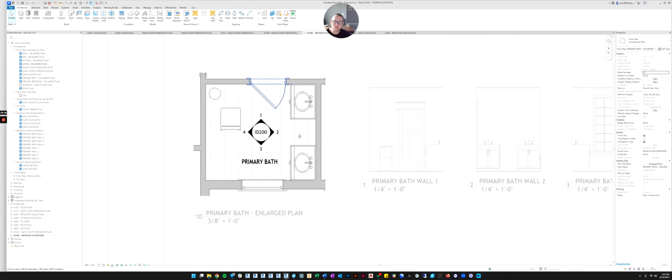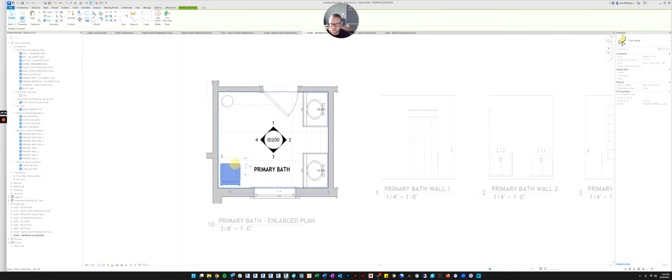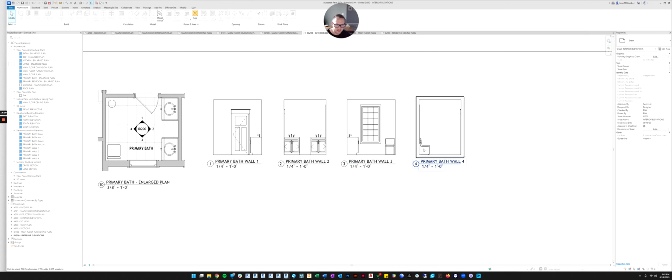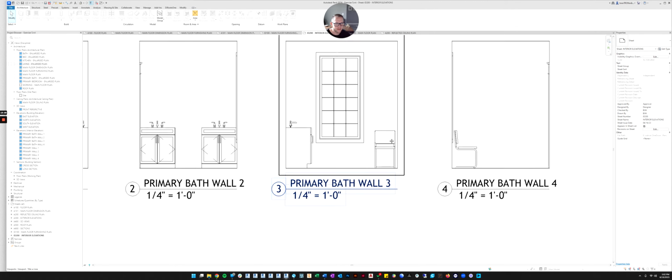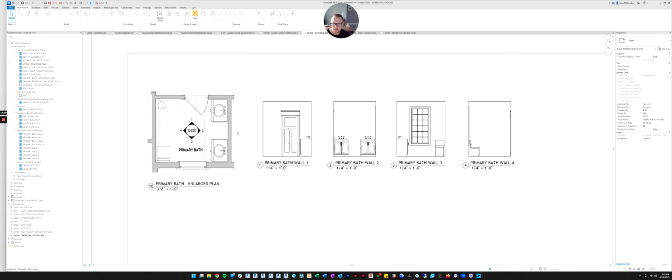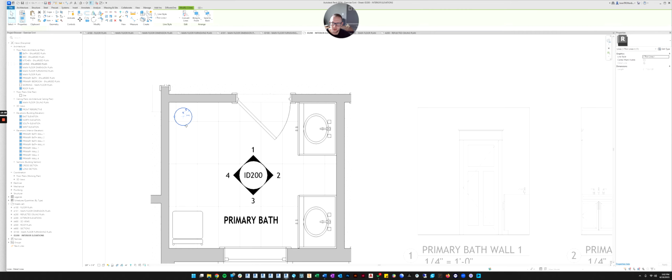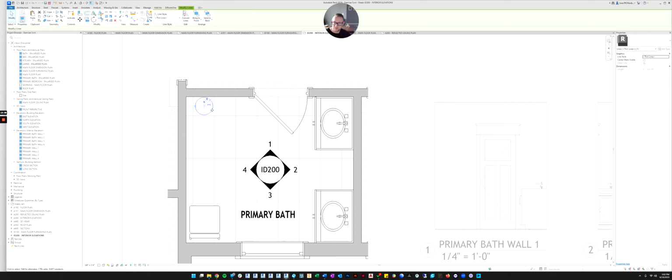So furniture does need to be turned on because furniture should definitely show up in your enlarged plan. But now do you see how I can move the chair around? And when I move the chair, you can see it also puts it in your elevations because it's actually a 3D model. You can see it on this wall and you can see it in this view. So if you want something to show up in all of your views, you need to put it in 3D. If you only want it to show up in one view, you can fake stuff by just drawing it yourself. The other thing to note is if you click on the circle and you look up here, you can pick which kind of line you're using.